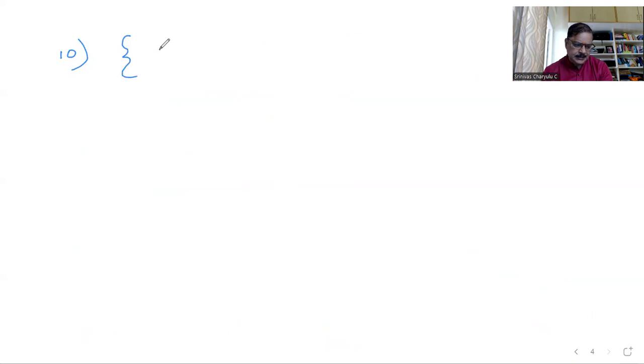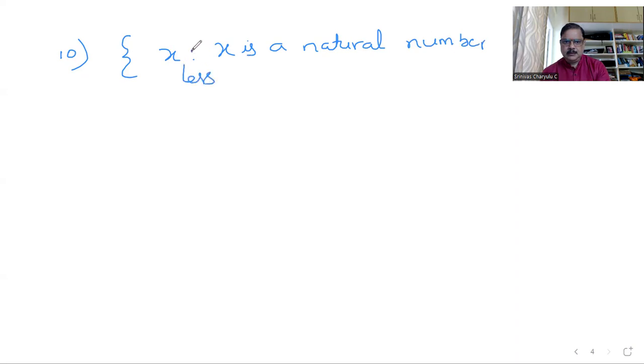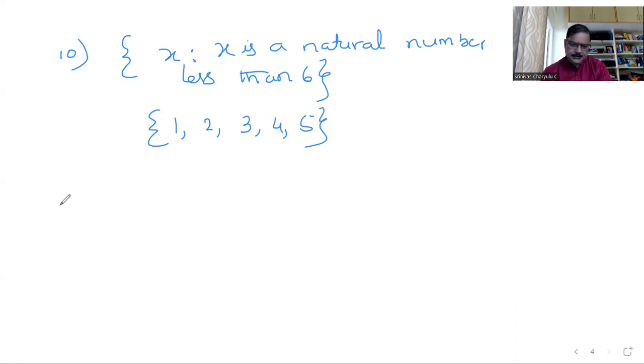Set of all x such that x is a natural number less than 6. Very simple: 1, 2, 3, 4, 5. So natural numbers will start with 1. Since they said less than 6, so up to 5. Next,